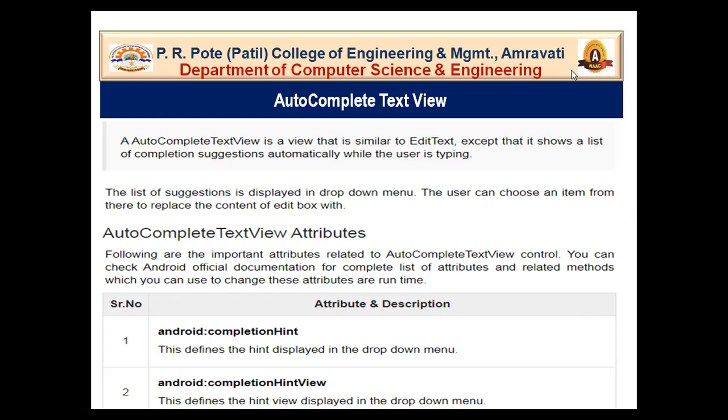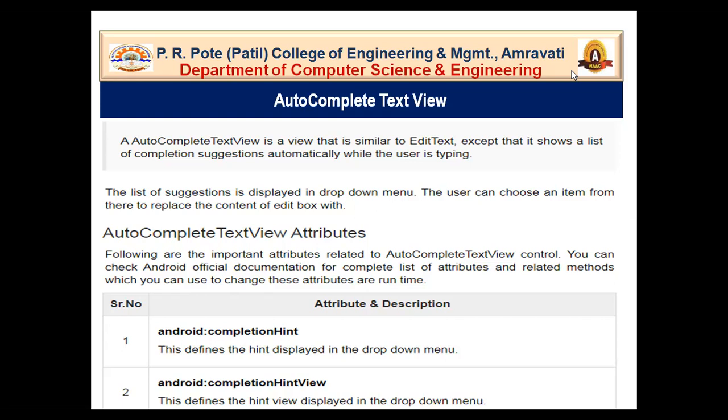Autocomplete text view attributes. The following are the important attributes related to autocomplete text view control. You can check Android official documentation also for the complete list of attributes and related methods which you can use to change these attributes at runtime. The first attribute is android:completionHint.